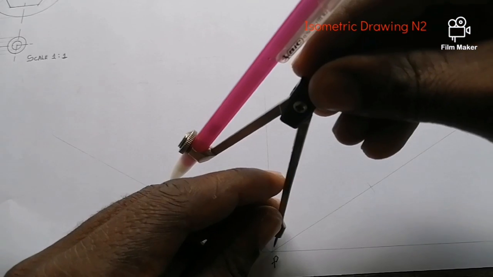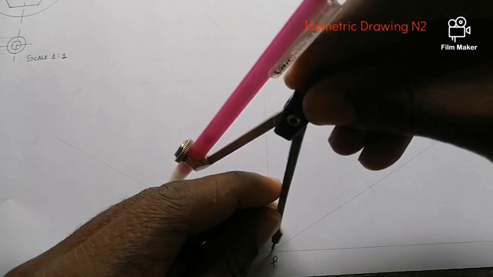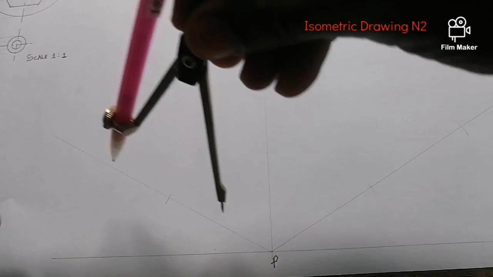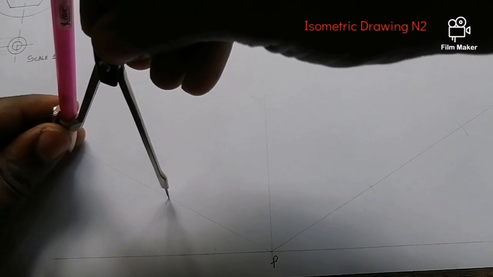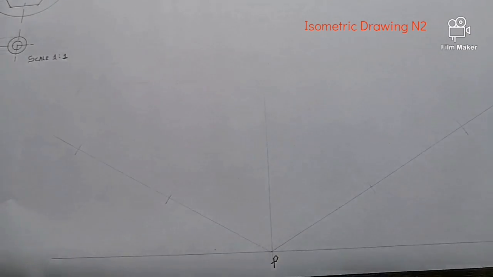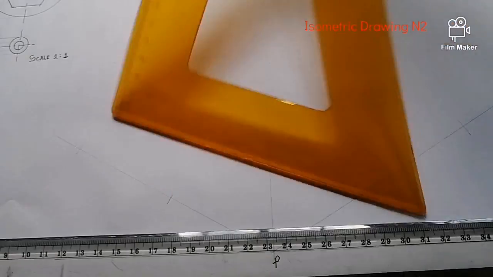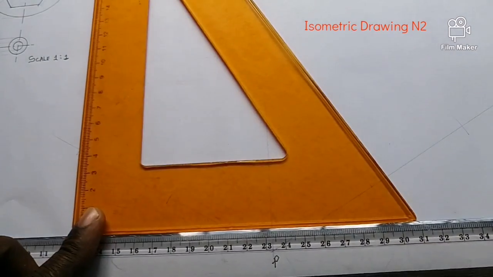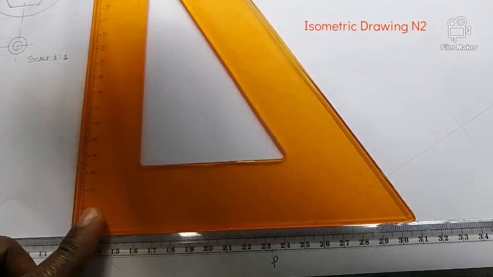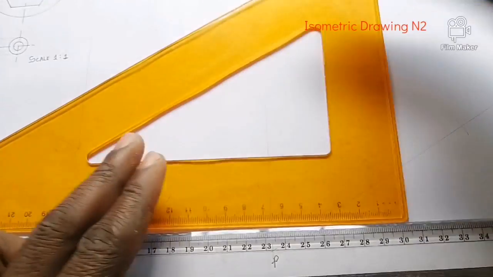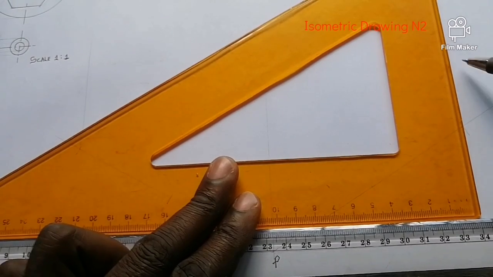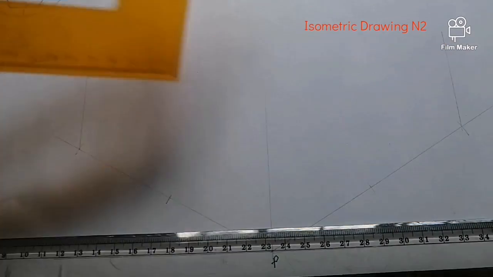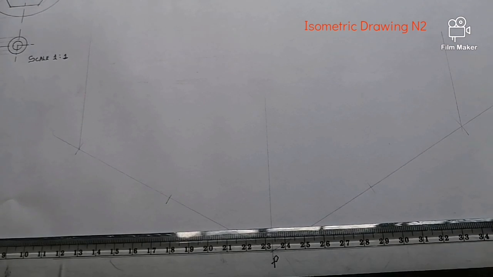So that from here till here is 125. Again, you come here, mark here. Why are we doing that? So that you get the centers, isn't it? Also mark there. After we've gotten that, draw a very faint line that's going to behave like this. That's going to behave like this. After you've gotten that,